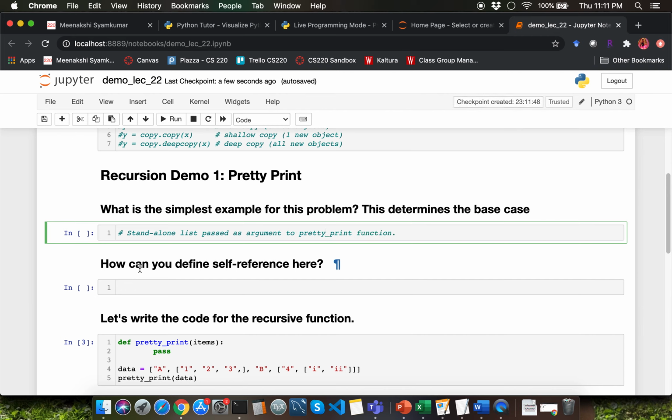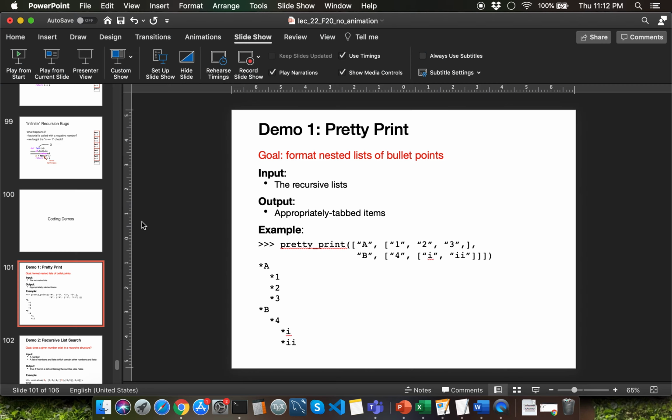Right, the next question is asking how can you define self-reference? Recall that's step number 2 in our process of creating a recursive solution. So you already know how to solve the problem for one standalone list. It's very easy to display the items within just a standalone list. How do you deal with the first level of nesting here? So you can just treat that as a standalone list by itself and deal with it, correct?